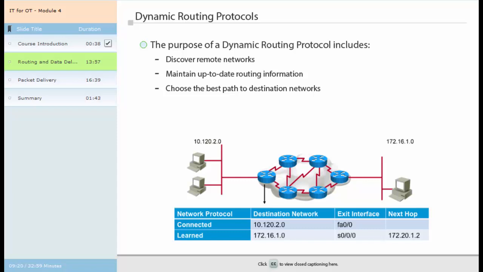Choosing the best path to destination networks. Routing protocols discover remote networks. More paths to the destination are possible, and the best paths enter the routing table. Finding a new best path if the current path is no longer available. The routing table is constantly updated and new paths may also be added. When the current best path is not available or better paths are found, the routing protocol selects a new best